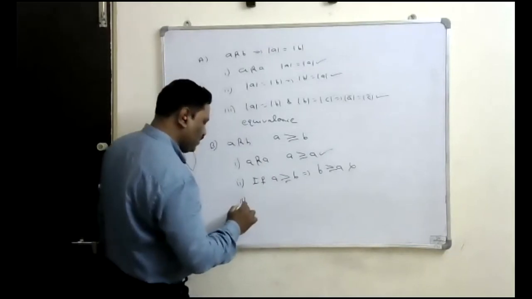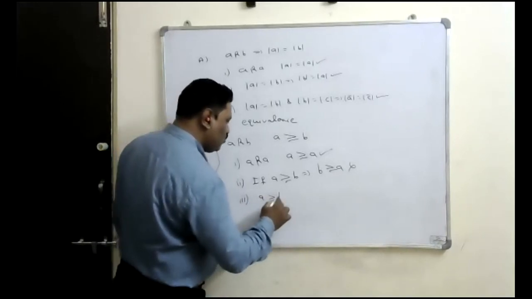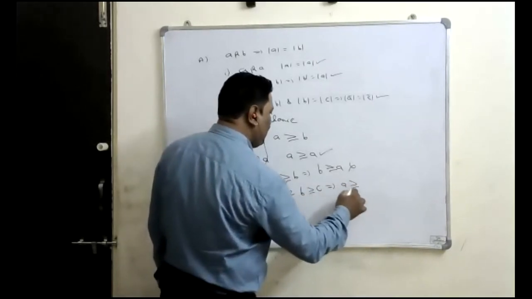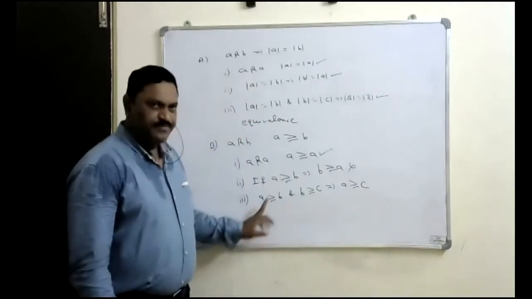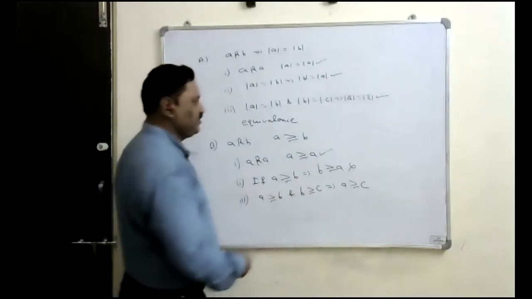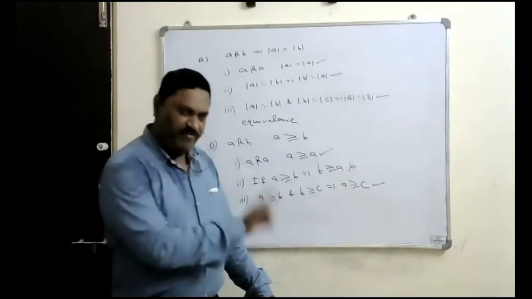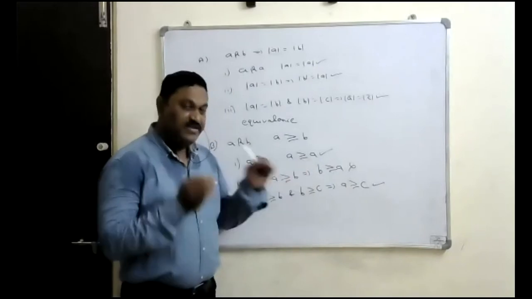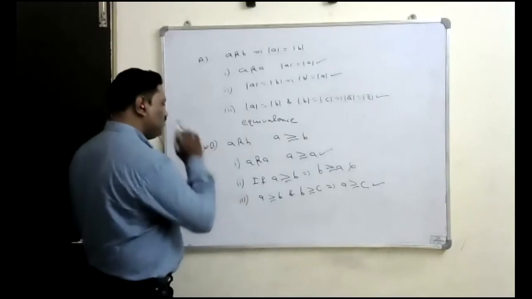Okay, third case. We'll see whether it is transitive or not. Suppose A is greater than or equal to B and B is greater than or equal to C, then A is greater than or equal to C. Is it correct? Yes. A is more than B, B is more than C, then A is more than C. Is it equal? Yes. Therefore, yes. The inequation with equality is reflexive and transitive. If equality is not there, it is transitive only, right? That's why it is not an equivalence relation. That's why this is not the option.